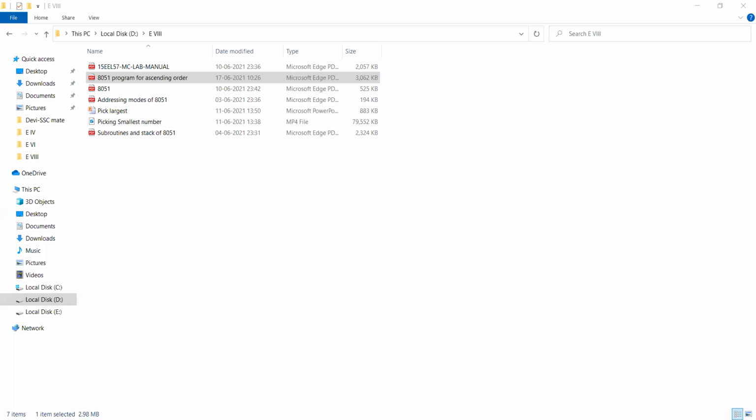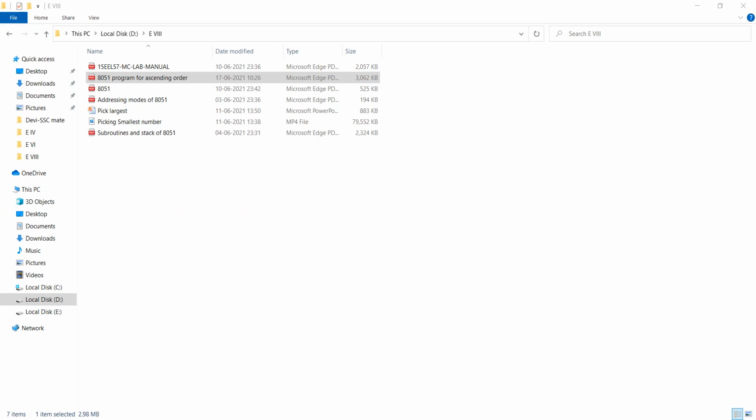Then you can use some scratchpad memory. The scratchpad memory starts from 30 to 7F locations in the 128 bytes of RAM. In the 128 bytes of RAM, there are 3 different areas. The first is 00 to 1F, 32 locations, reserved for the register banks.